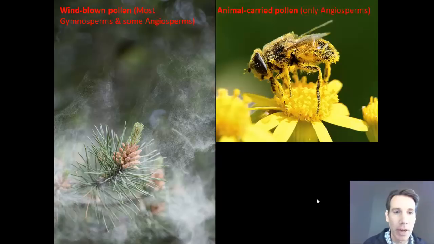So as a brief introduction, here we have gymnosperms, a type of seed plant, and you can see that they're making pollen which is released into the air, so wind-blown pollen. Compared to over here we have an angiosperm, another type of seed plant, and they're making pollen that is dispersed by insects. But the point here is that that type of sperm, which is pollen, is not reliant on a wet environment. So pollen, a type of sperm, can be dispersed in other ways besides swimming. It can be dispersed by being blown by the wind or carried by insects.